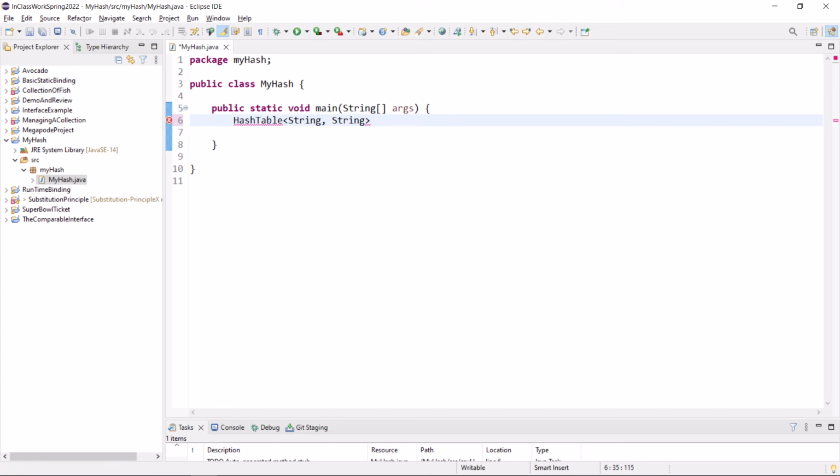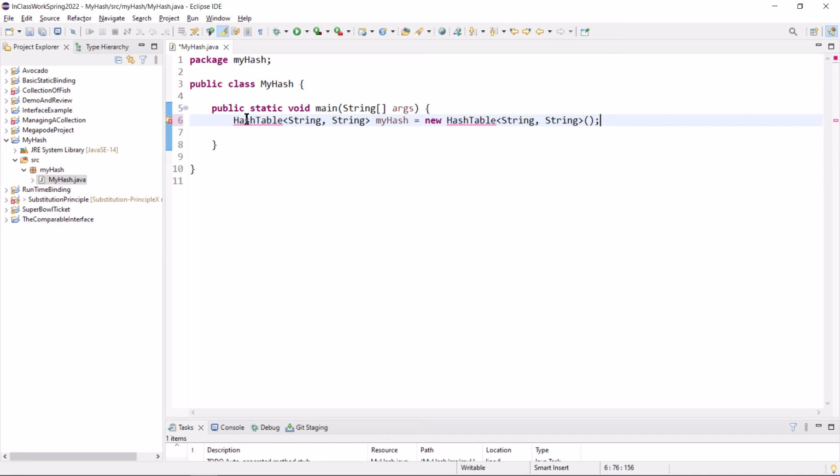And let's just call this my hash, hash table, string, string. Therefore, we have instantiated in the declaration statement. We have an object called my hash. It has been instantiated. Eclipse is not happy.